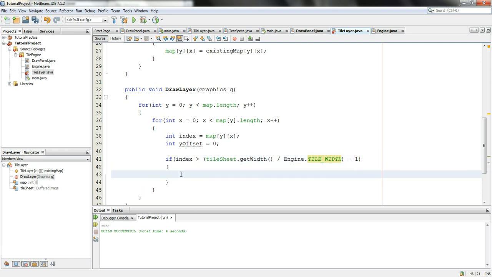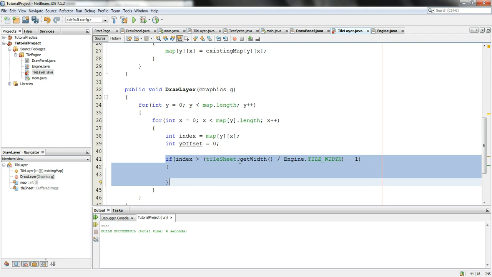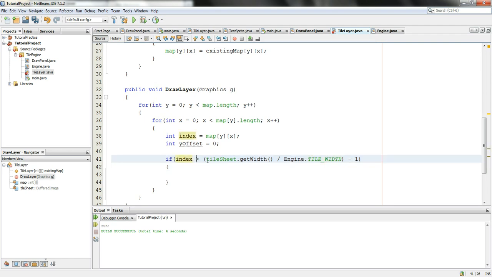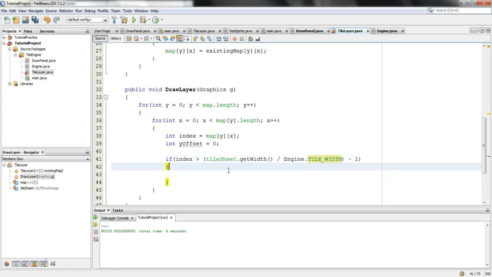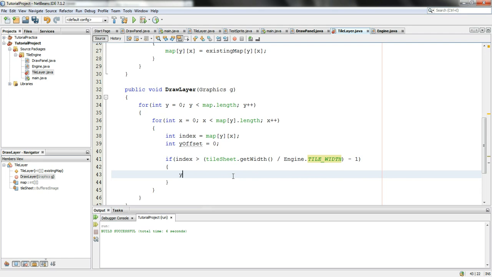So this is perfect for this loop. Basically, if the index is ever greater than that value, which was 4 minus 1, so if the index is ever greater than 3, which is fine because 0, 1, 2, 3, that makes sense. If it ever ends up being 4, now we're going to have to handle the offsets. So what do we do? Well, first, might as well go f offset plus plus. So there you go. Now you've increased this value,